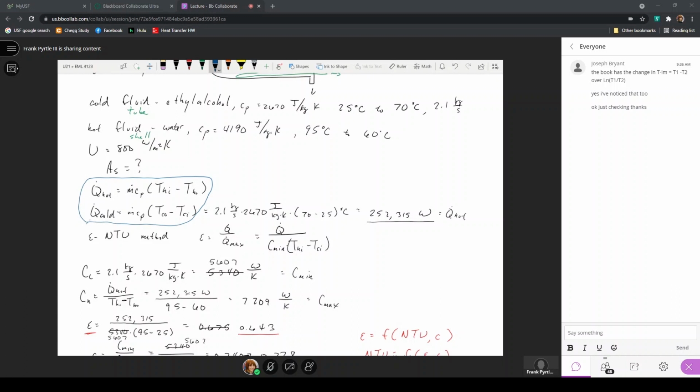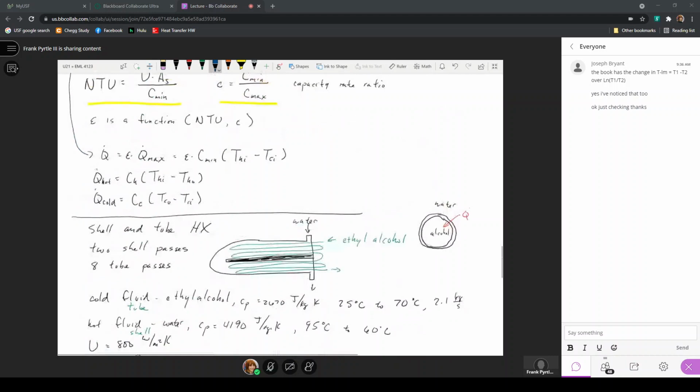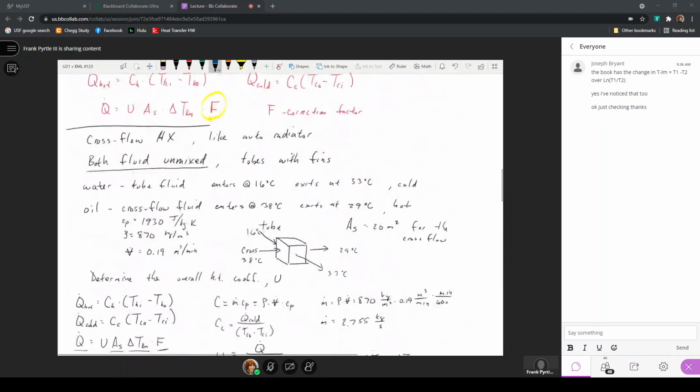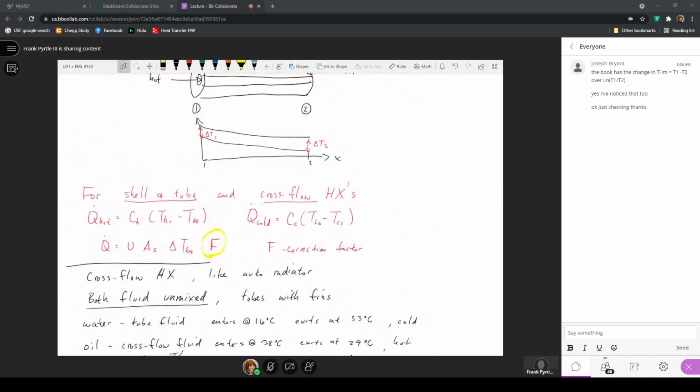But this expression is how we would eventually find out what the overall heat transfer coefficient is. We can do exactly the same using the log mean temperature difference method, because in that method we can calculate, again, the energy lost by the hot fluid, gained by the cold fluid, exchanged between the two fluids, so that we can write expressions of this correction factor